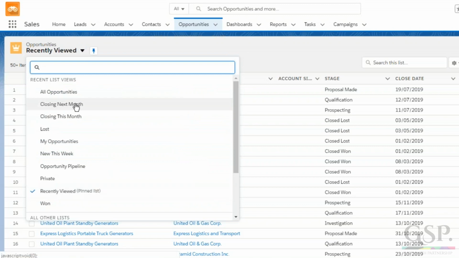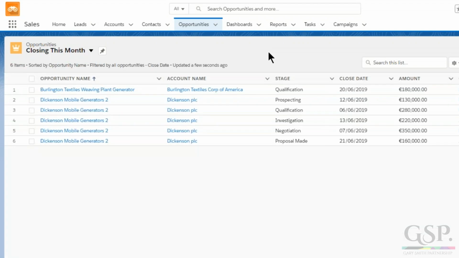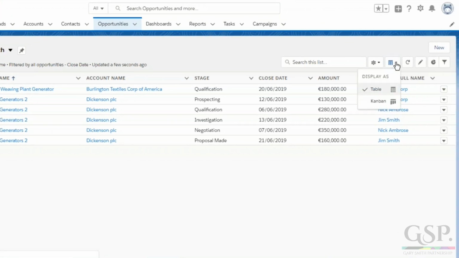I've created just a list view. This isn't a standard list view. The closing next month is a standard view, but I've got closing this month, which I think is the most important list view you can have, because you want people to certainly update opportunities that are due to close this month, and that's the Lightning version of a standard list view that you'd expect to find in the Classic interface. If I click on that square button there, I can view that in the